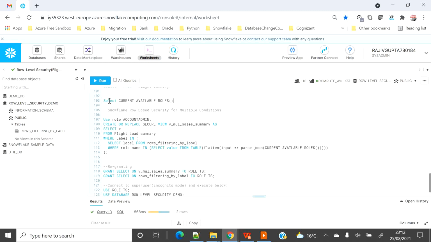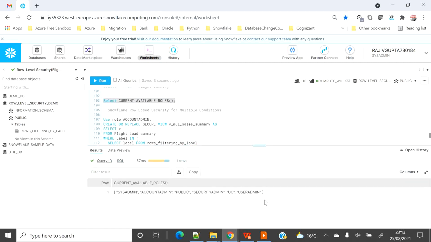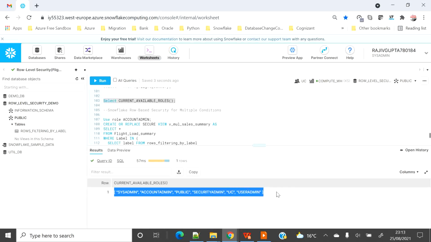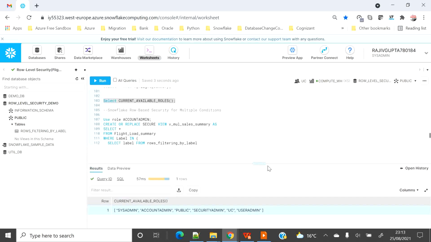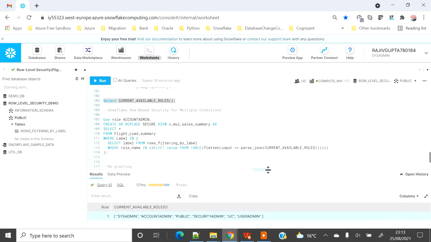So say that we want to select and see what is assigned to our UC. Here you can see that we have JSON data, and that says for my current user ID Rajiv Gupta 780, I have sysadmin, account admin, public, security admin, UC, user admin, in short everything including UC, but not TS.